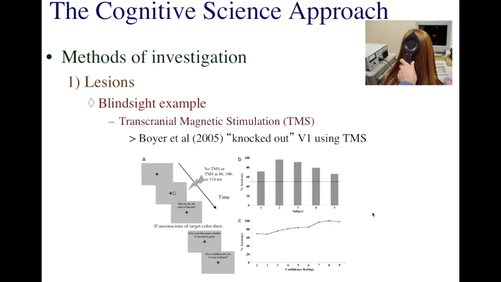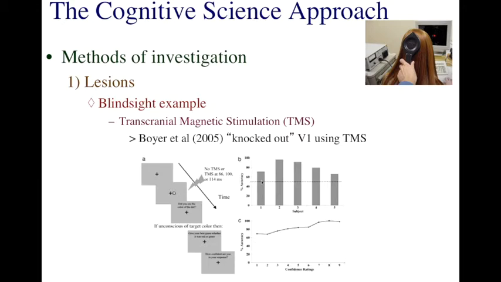Part B of this graph shows the results from participants who had received transcranial magnetic stimulation at about the same time that they were viewing the dot in the experiment. For these participants, many of them reported that they were unconscious of the dot, that they had not seen the color of the dot. This is, of course, because their primary visual processing area had been temporarily knocked out.